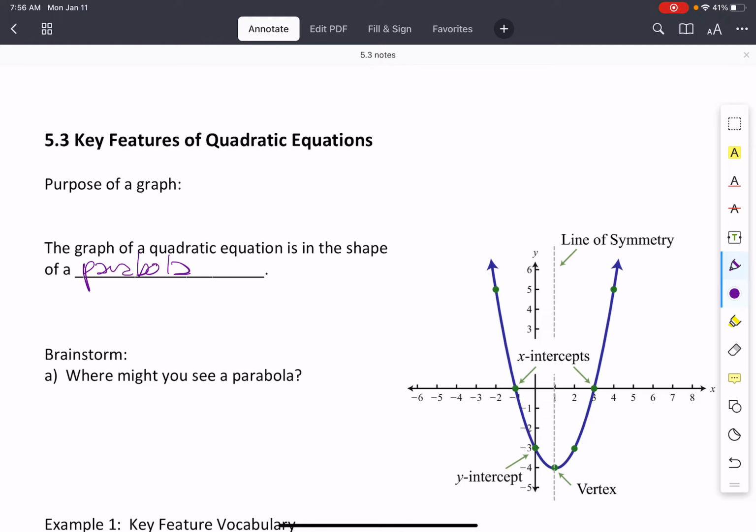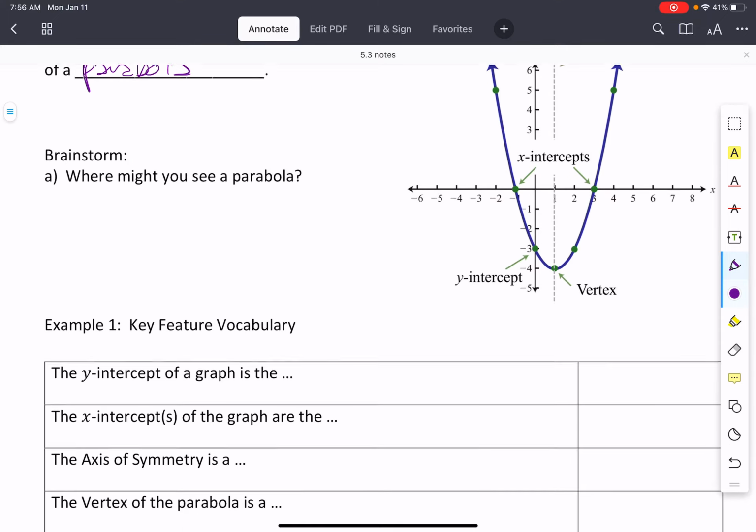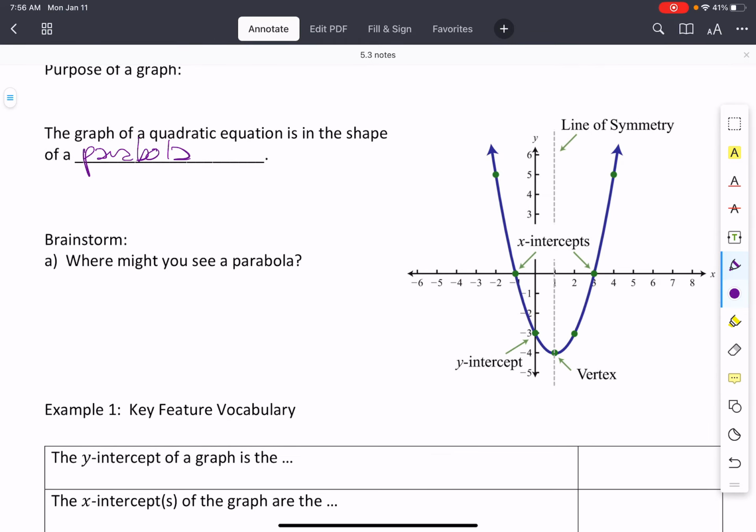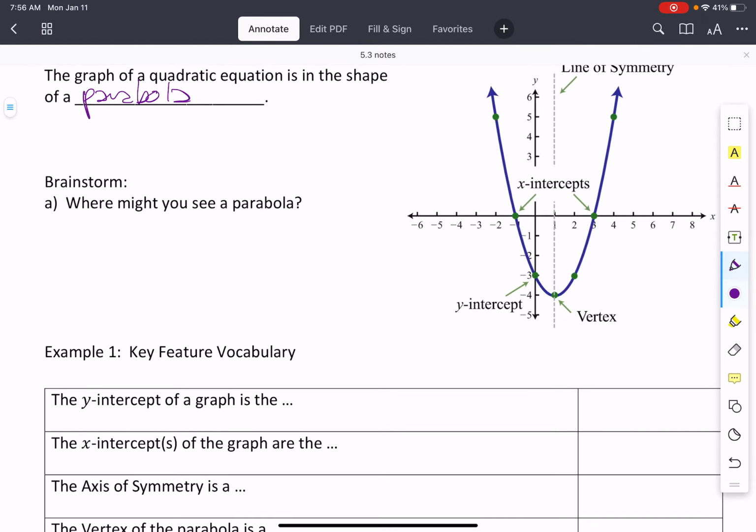Okay? All right. Key features. So the important parts. Do you guys remember from last year what an intercept is? Not intersection, intercept. It's where the line crosses the axes. Yeah. The intercept is where it crosses the axes. Okay, good, Victoria. So the y-intercept of the graph is where the graph